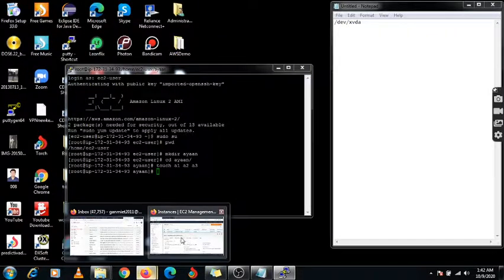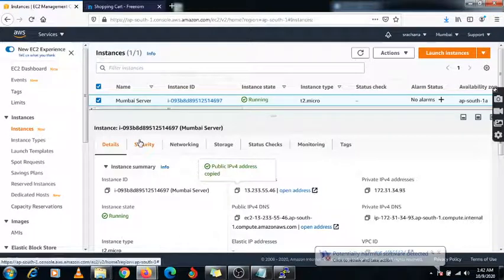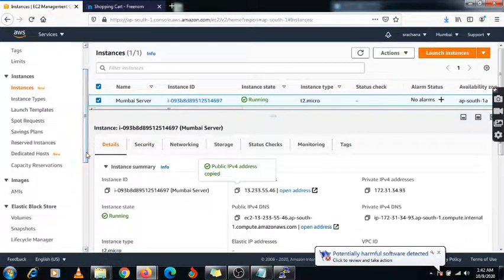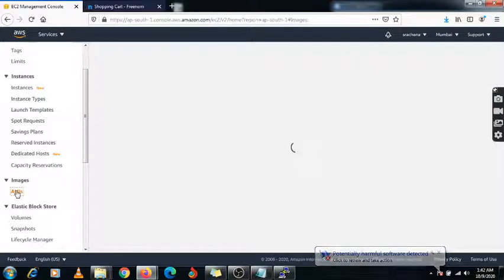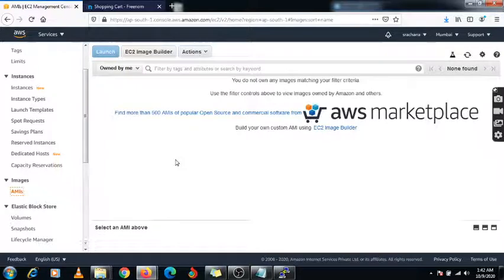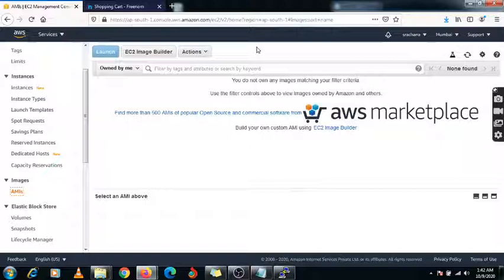Now I am going to check it under this AMI. So go to this AMI. Now I am going to create one AMI, that is nothing but a template. We can say the template is nothing but our AMI, Amazon Machine Image.